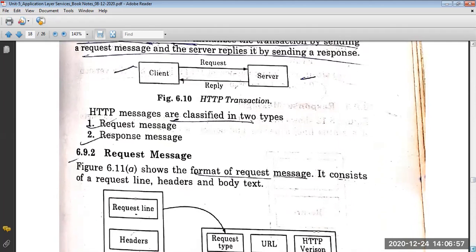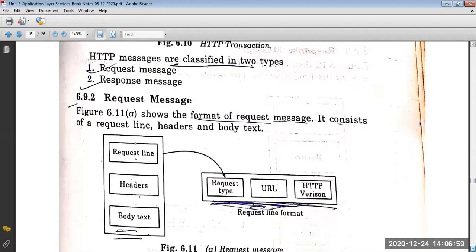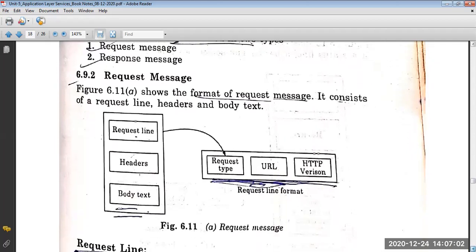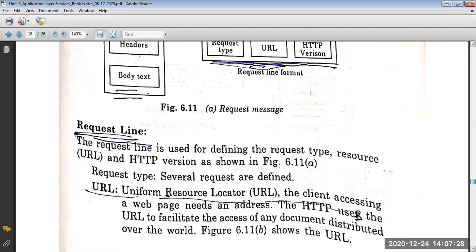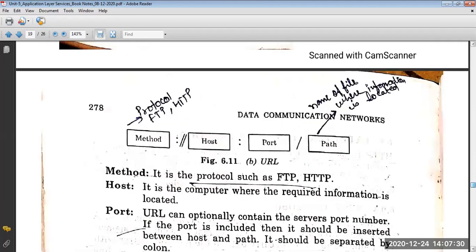So if you see, we have two types of messages: request message and response message. This is the request message format, which includes the request line, header and body text, whatever I told you. The request line is further divided into request type, URL and HTTP version. Clear? जब भी कभी HTTP आएगा तो आपको ये डायग्राम बनाना पड़ेगा. Clear? ये भी हमने आपको दिखवाया है. इसके बाद हम बात करें